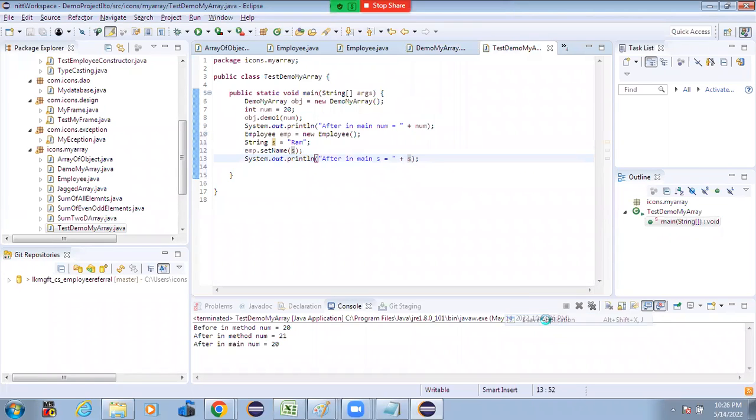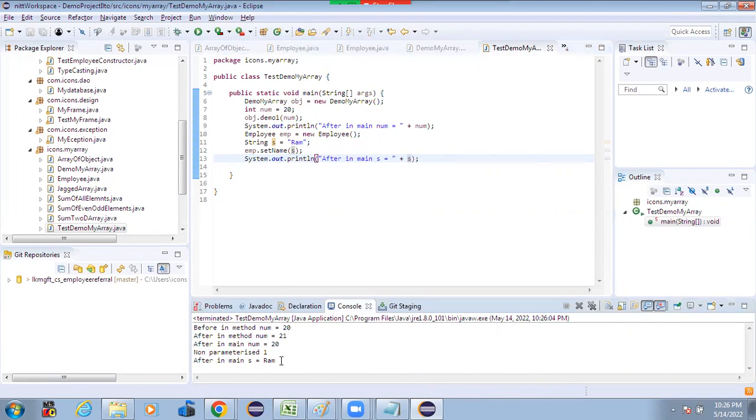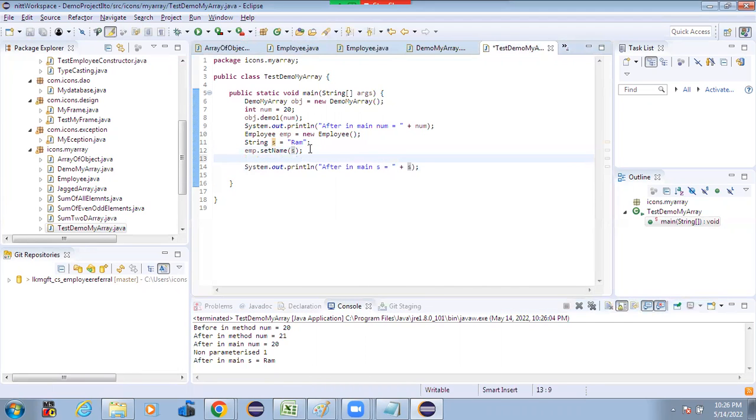Calling, and you can see in a method string s, set name s, I have printed. Here non-parameterized I have passed, after in main num, after in main it is Ram only, so it is not changed. I have not called it. I set name, but I have not called the method, so it is showing obj dot